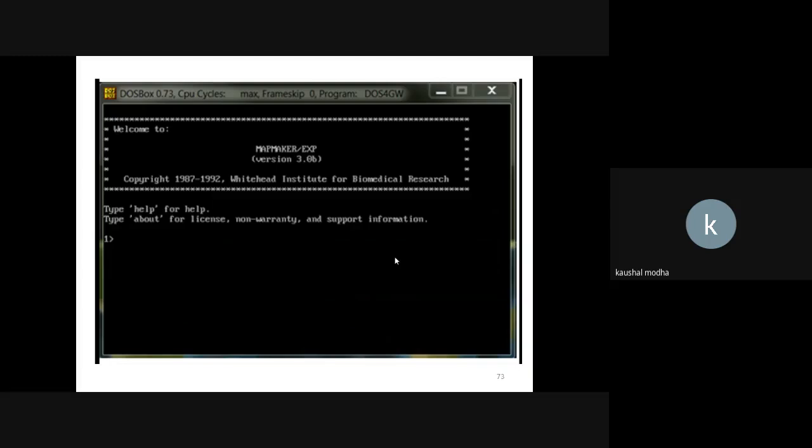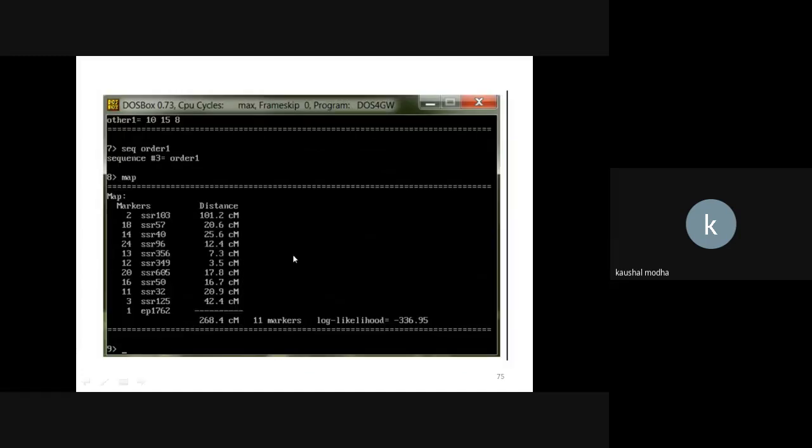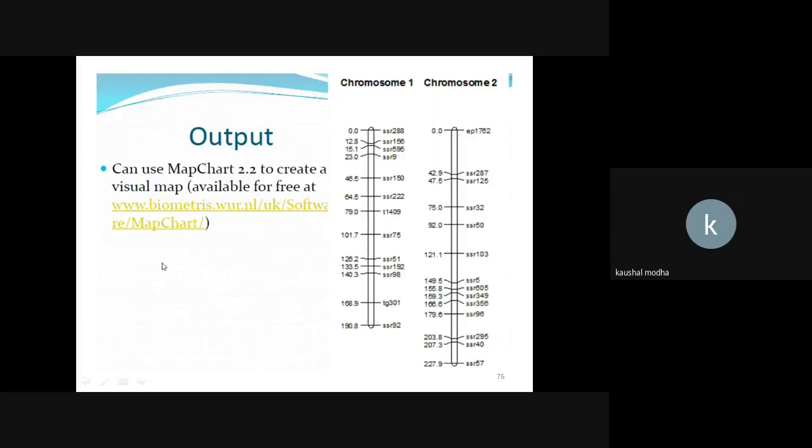And this is just a snapshot of that MapMaker program. We have to run this program in command base. And if possible, I will also demonstrate how we can use this MapMaker program in one lecture. Then we incorporate all this input data file, and this is how the distances are worked out between various SSR markers. And when this output is given to the MapChart 2.2 software, then we generate the marker map data. You can see the SSR markers have been placed on the linkage groups